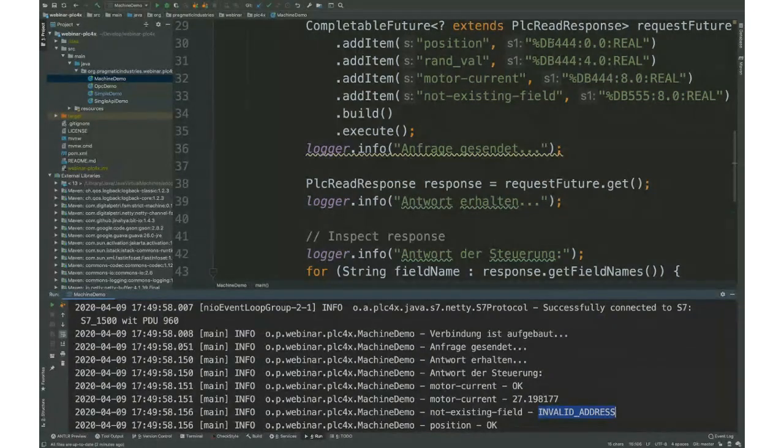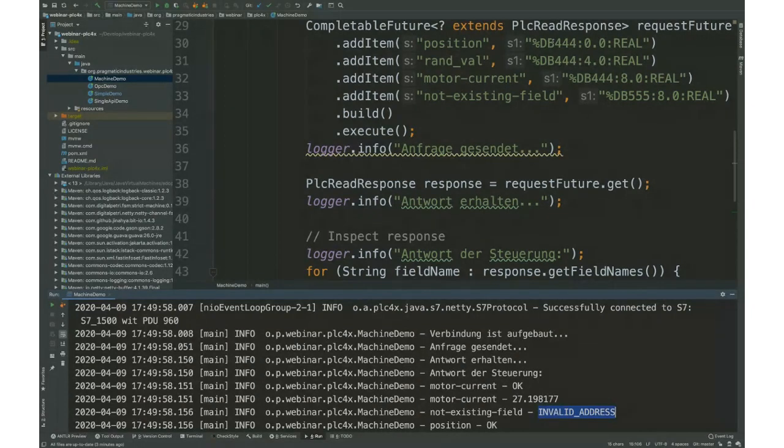If you do something here which would lead to a request or a response bigger than this maximum size, we split it up for you under the hood. So we basically do multiple requests, then fetch all the requests together, and then give it back to you as one single response. And this is quite comfortable if you don't want to care about these details,